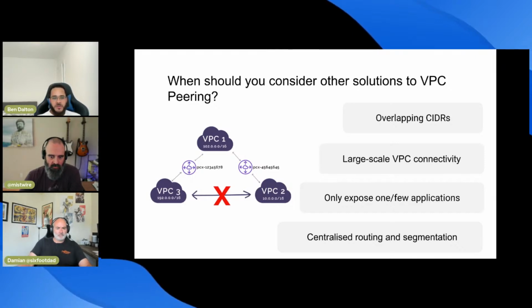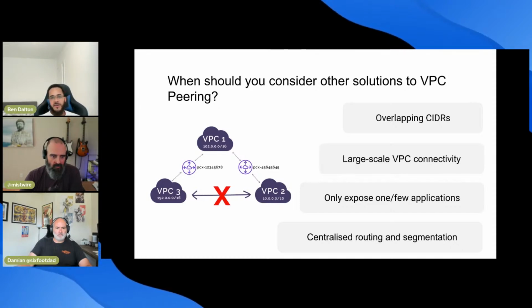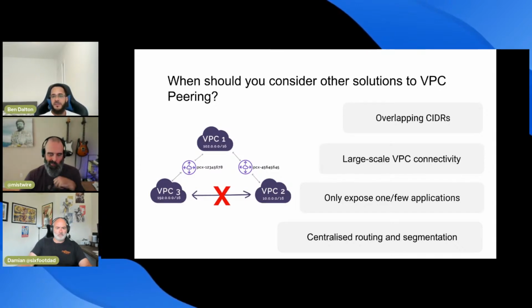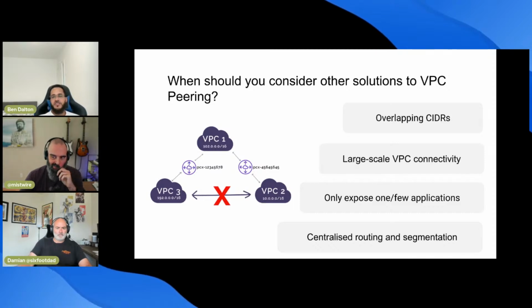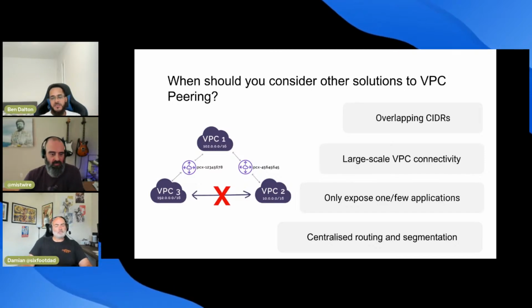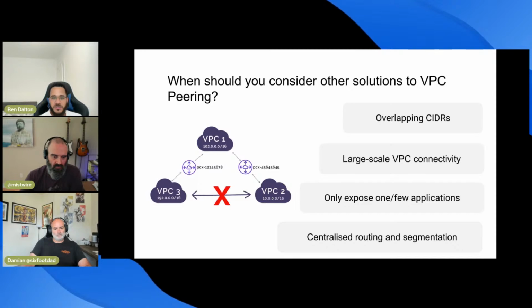If you want to connect multiple VPCs together, and I really like this diagram, VPC peering is not transitive. If you connect VPC 1 and 2 and then VPC 1 and 3 together, VPC 2 and 3 are not automatically connected. You'd have to set up another VPC peering connection for that. So you can see how managing lots of VPC peering connections becomes cumbersome. You have lots of route tables to update, lots of routes to enter, lots of VPC peering connections. If this continues to scale, it can be quite difficult to manage.